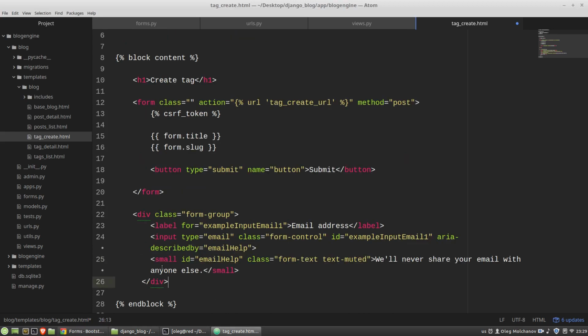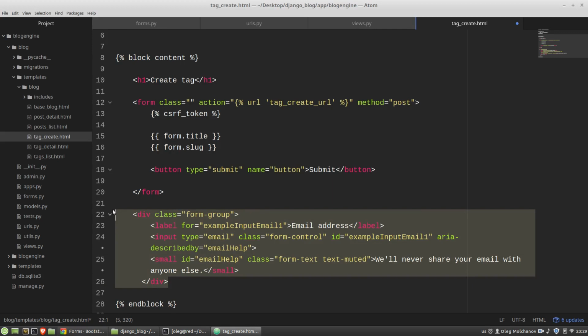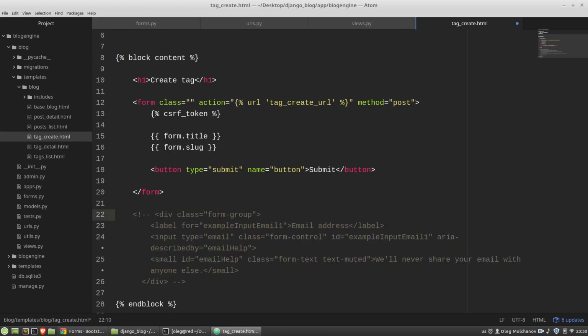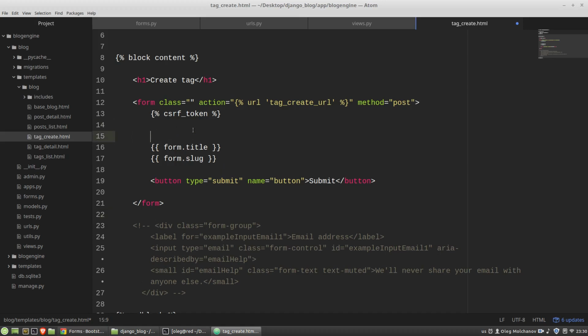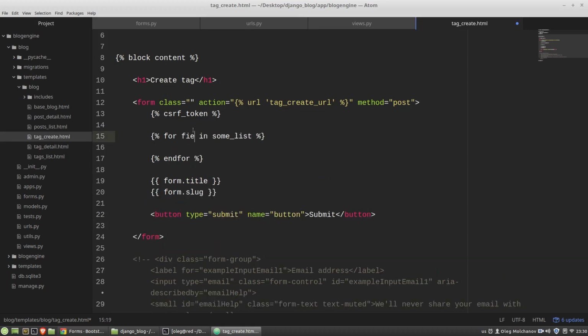Just for reference, I'm copying it here. We can iterate over a form's fields via a standard for loop. So I want to use the for block, for field in form,